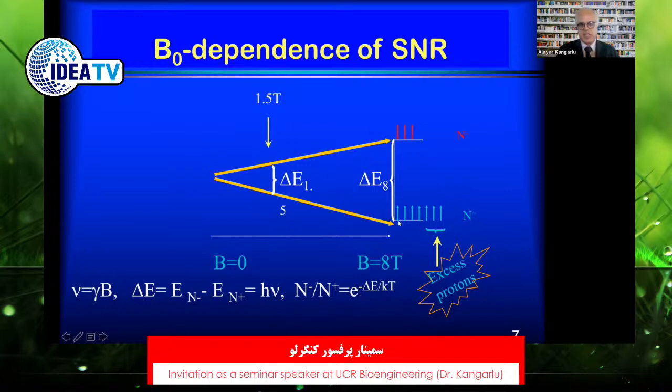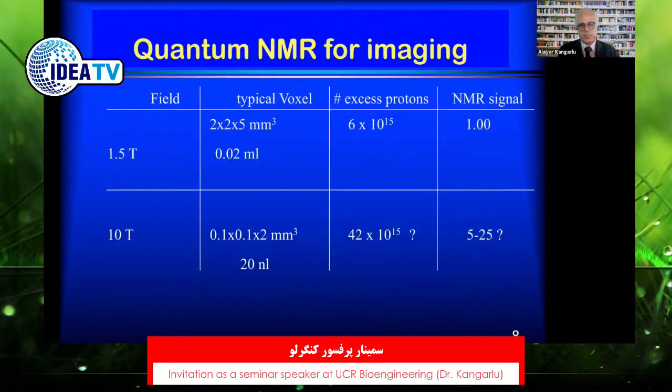And the important thing is that when you compare the protons in the parallel and anti-parallel, the difference in the population, which we refer to as excess protons, is a very simple and linear function of magnetic field. So as you go to higher and higher fields, you get more of these excess protons, because the protons which are the magnetic dipoles are pointing in opposite directions. They basically cancel each other's magnetic field, and you're left with the excess protons. These excess protons act as the inherent or induced magnetic field of the substance which has been magnetized. So as a result of that,